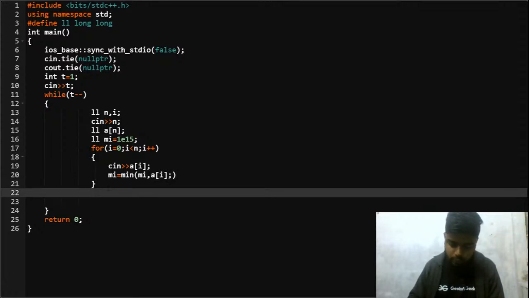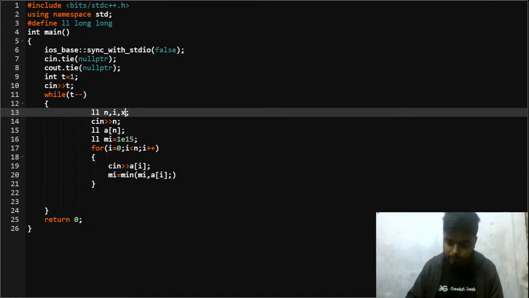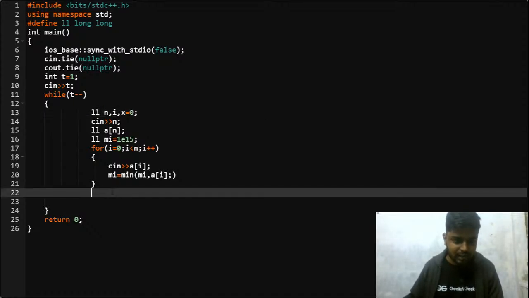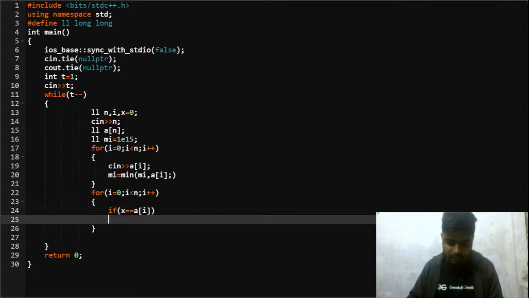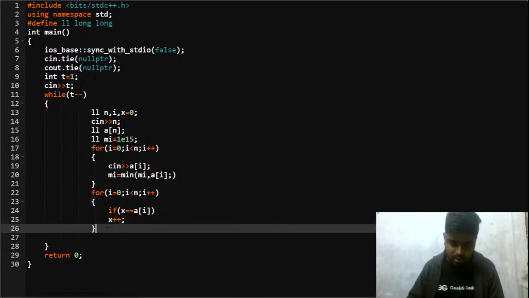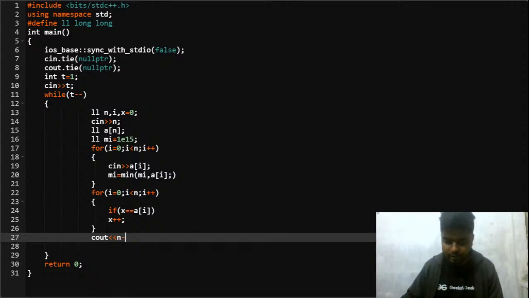After that, you will have to keep a counter for the number of players like that. So for i starts from 0, i is less than n, and i plus plus, I'll iterate through the array, and if x equals a of i, I'll keep on counting the elements. I'll keep the counter for the minimum elements, right? This is what I want to do. And once this part is done, the total number of winners will be nothing but n minus